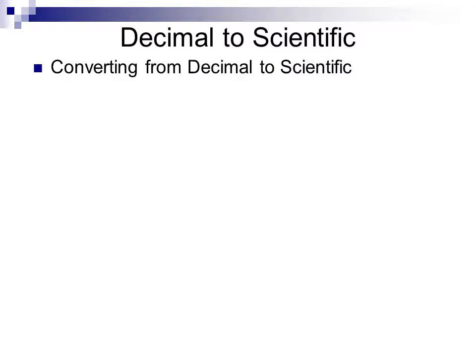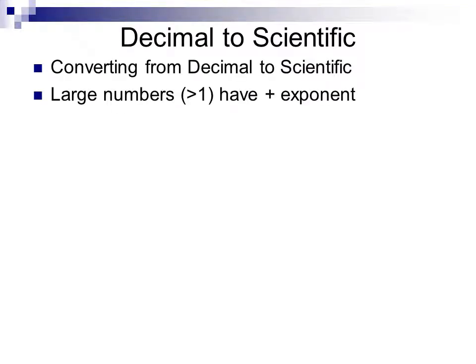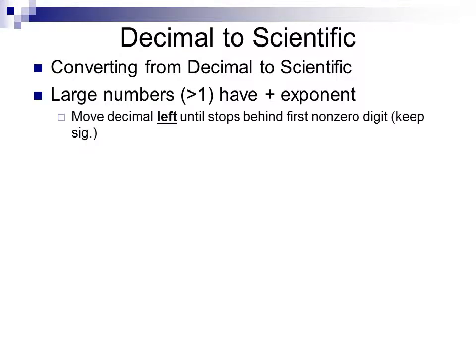If I want to convert between decimal and scientific notation, going from decimal notation to scientific notation, if we are looking at large numbers, those that are greater than 1, they will have positive exponents. We'll move the decimal left until it stops behind the first non-zero digit, keeping track of the significance of my number. So for instance, this number here,